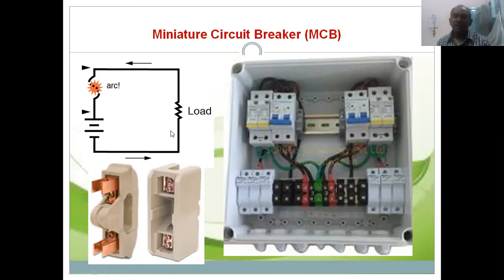And what happens after interrupting? After the fault is cleared, we have to provide another wire as a fuse. Here there is no need of any fuse wire; we can simply operate it by lifting the knob. It is a quick operation and the latest technology. It automatically protects our equipment from faults, leakage and fault currents.